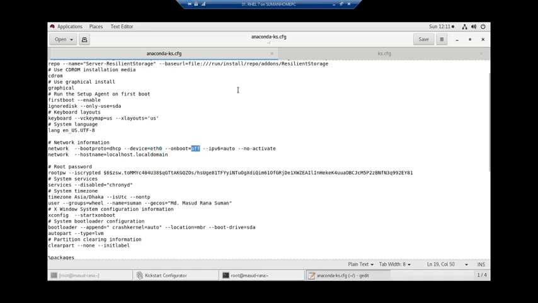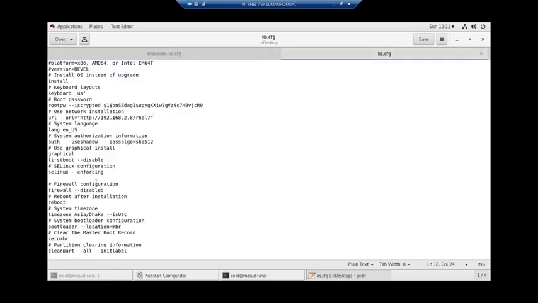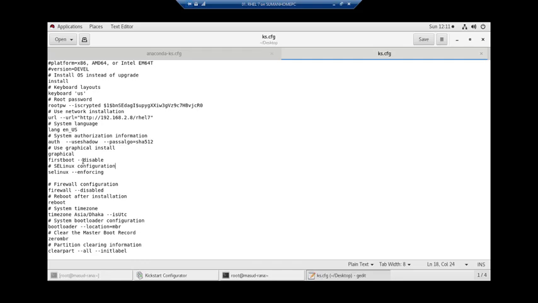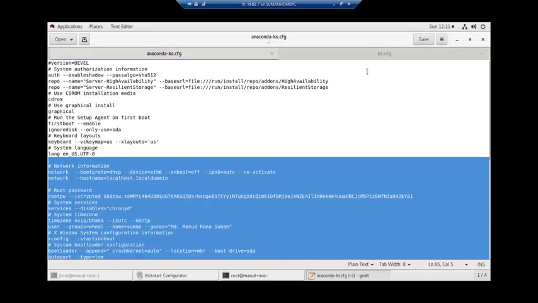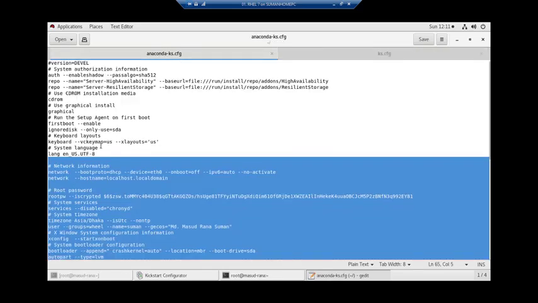Let me copy this thing and I will explain everything. I am copying everything here and coming here. It is from network information, so I am coming from system language. Let me check another thing.